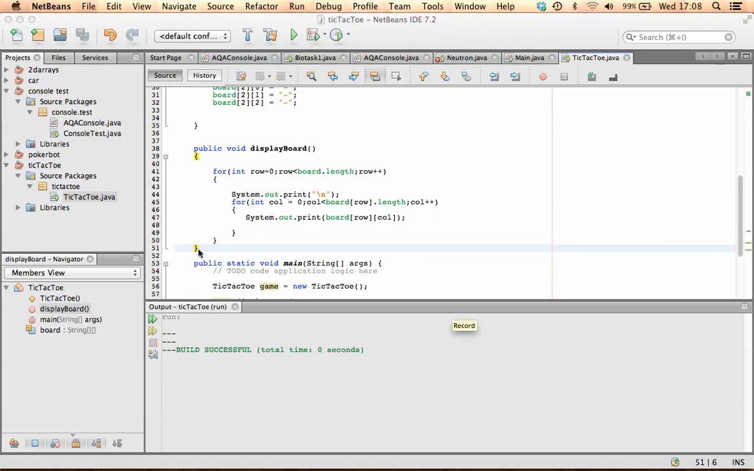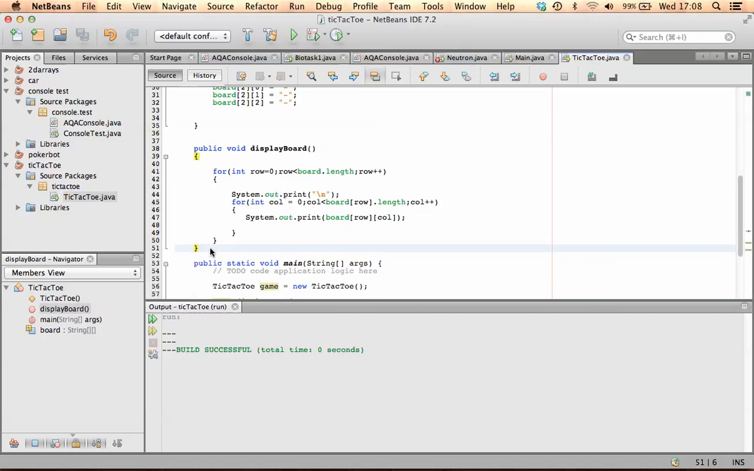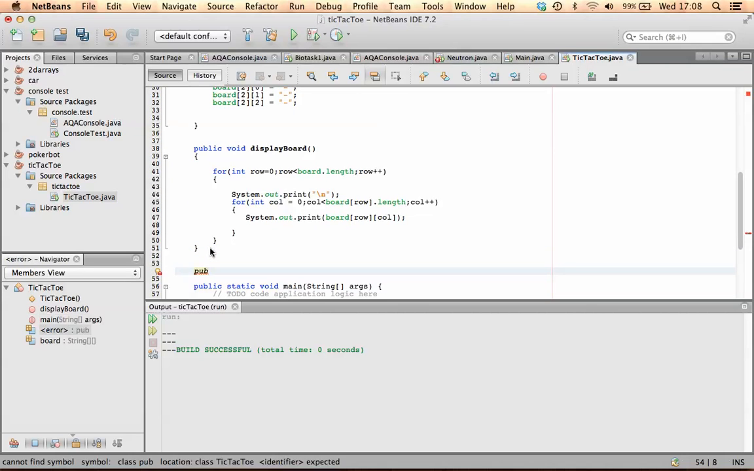So now we have that working, what we now need to do next is probably be able to check for a winner. So I'm going to create a public Boolean, because I want it to return true or false if there's a winner. So public Boolean, we'll just call it win. And what this is going to do is check if somebody has won. So we're going to pass it a string